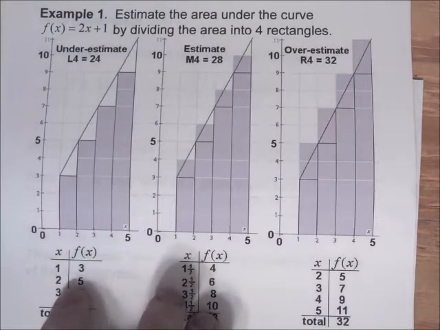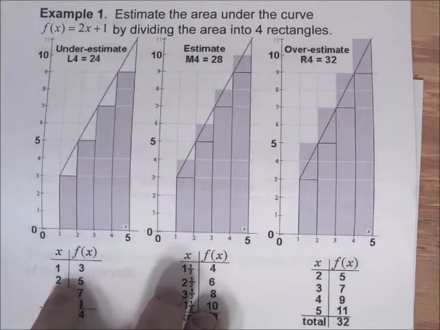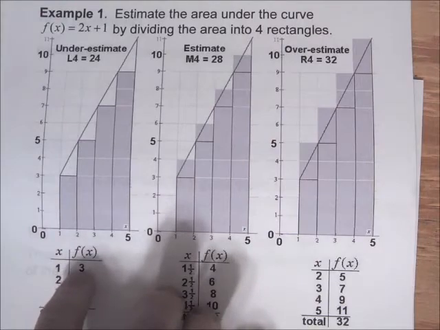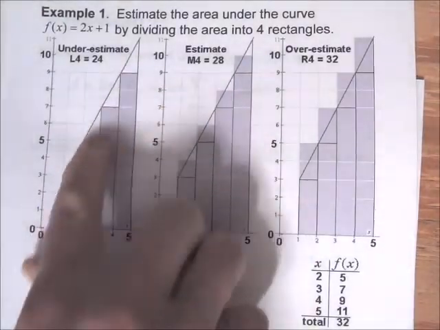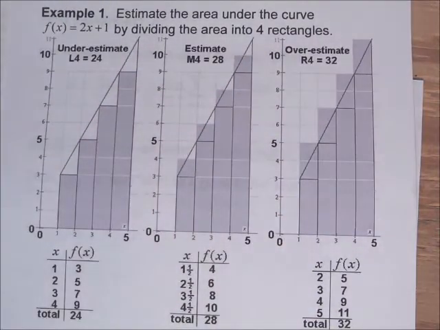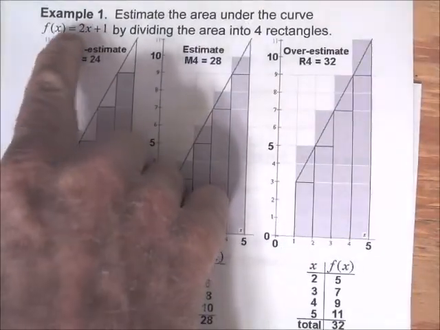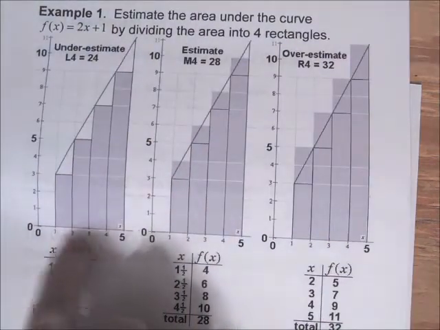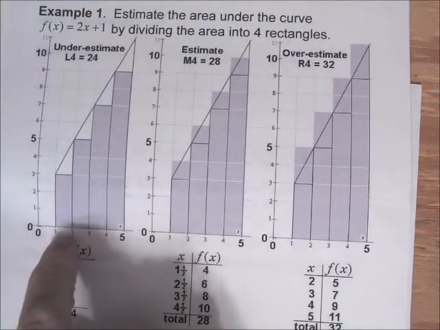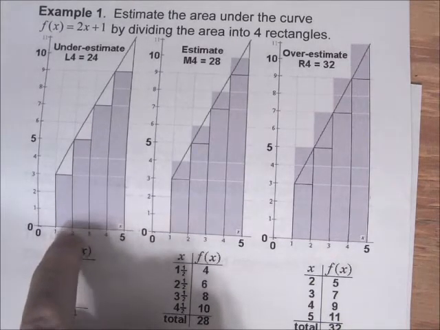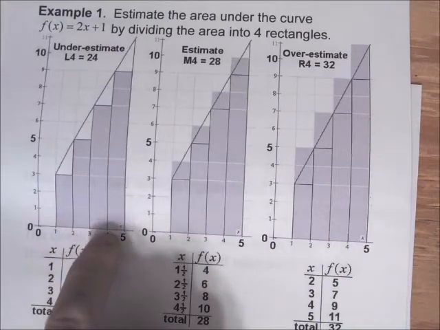If we use the left endpoints for the height of our rectangles, because this is an increasing function, we'll have an underestimate. So we want the area under f of x equals 2x plus 1 on the interval from 1 to 5. If we use the left endpoints of four intervals, 1, 2, 3, and 4,